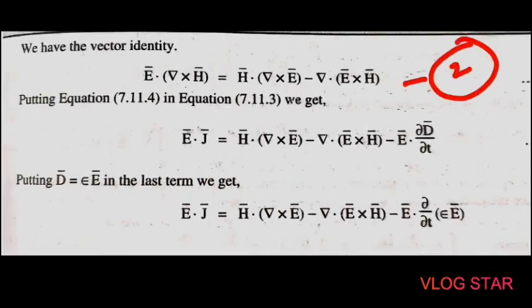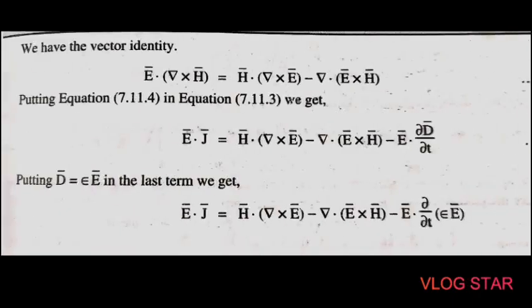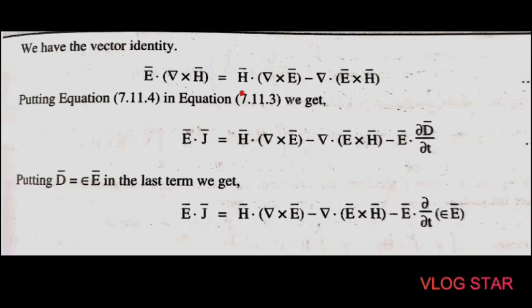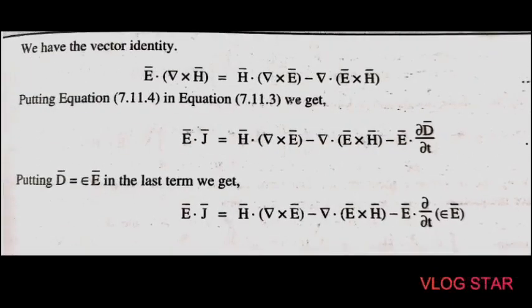So we have to put this in equation number 1. So we get the left hand side E bar dot J bar equal to H bar dot del cross E bar minus del dot E bar cross H bar, and the remaining term is as it is, that is minus